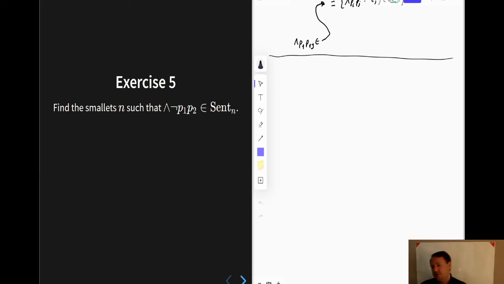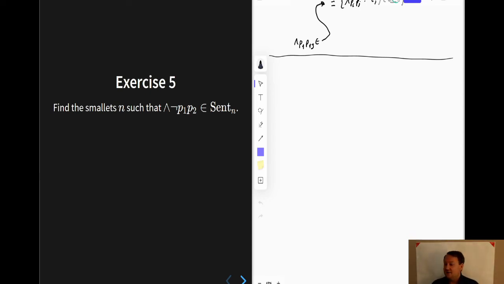So let's just go in order. Let's just think about n equal to 0. Could that possibly be the answer? Well, no, this element is not in sent 0 because sent 0 is made only of the sentence symbols, and this is not just a sentence symbol, so it's not an element. So 0 is not the answer. Let's move on to 1. Could this be in sent 1? Well, to give a somewhat quick version of the argument, I guess maybe if my quick version is too quick, then leave a comment. Maybe I'll make another video or just explain it in the comments or something. But anyway, to give the quick version,